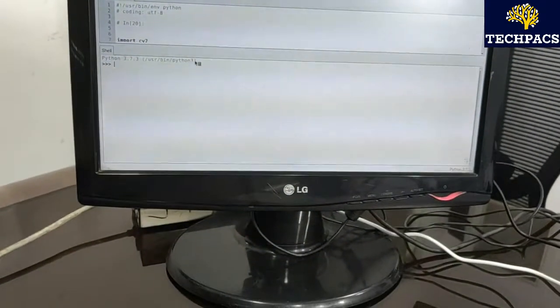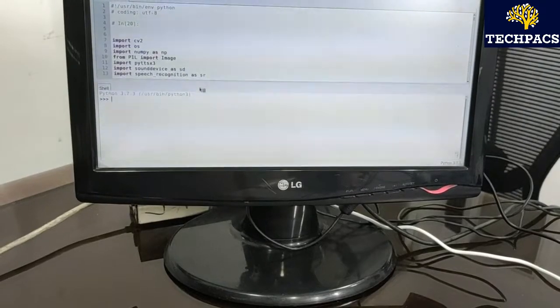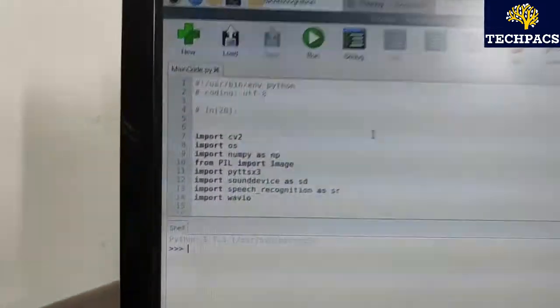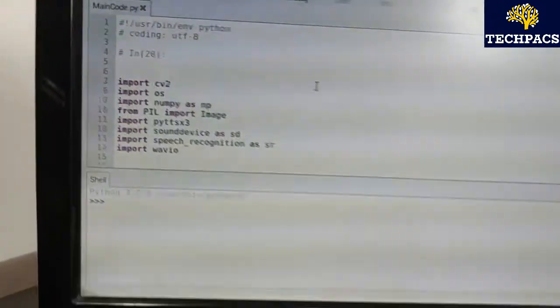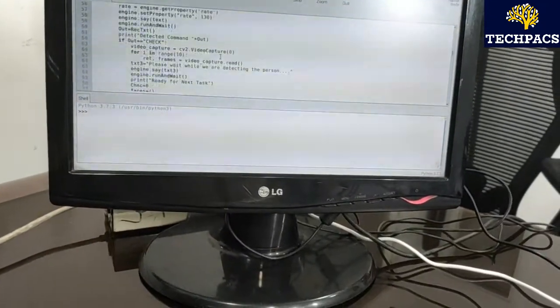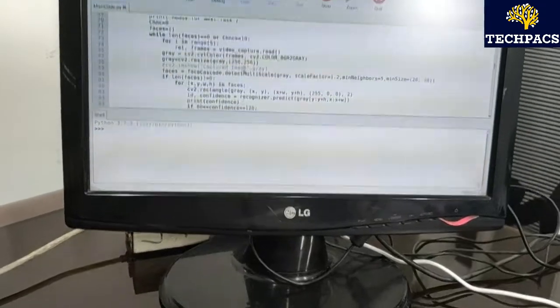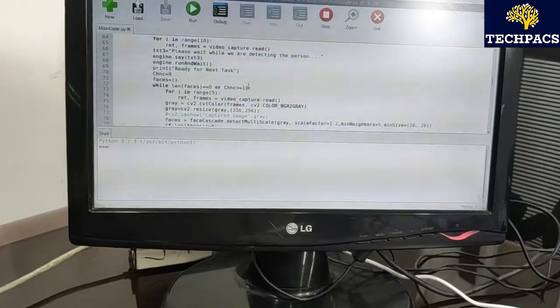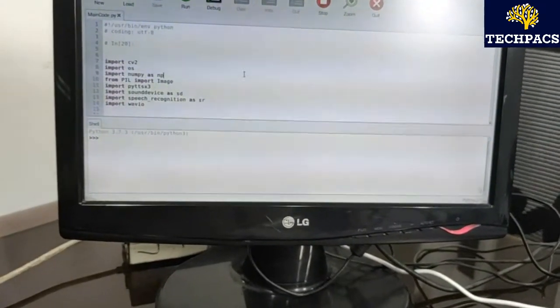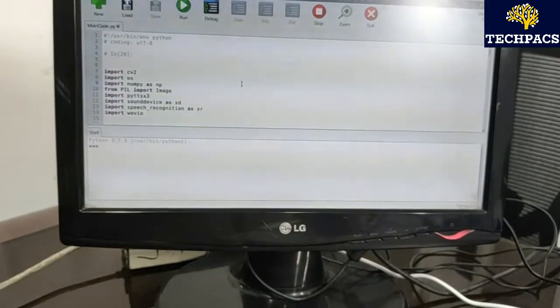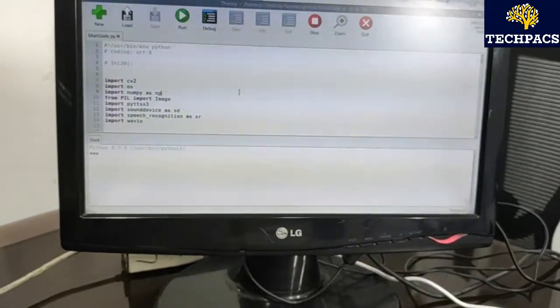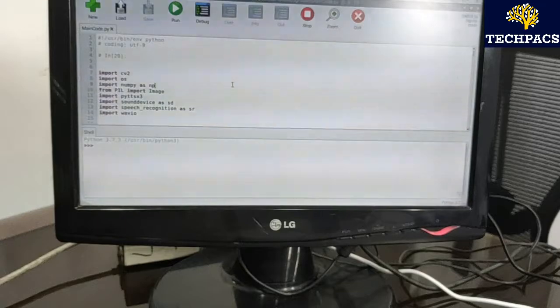Here is another code which is doing the live testing by capturing the audio from the user. This is the whole code under which we have used a number of libraries. You can see these are the libraries that I have used. By running this code, we have created a few keywords that are recognized by the NLP model and the AI model, so that the machine can know what is to be done. Let's move toward the next phase, the live testing.